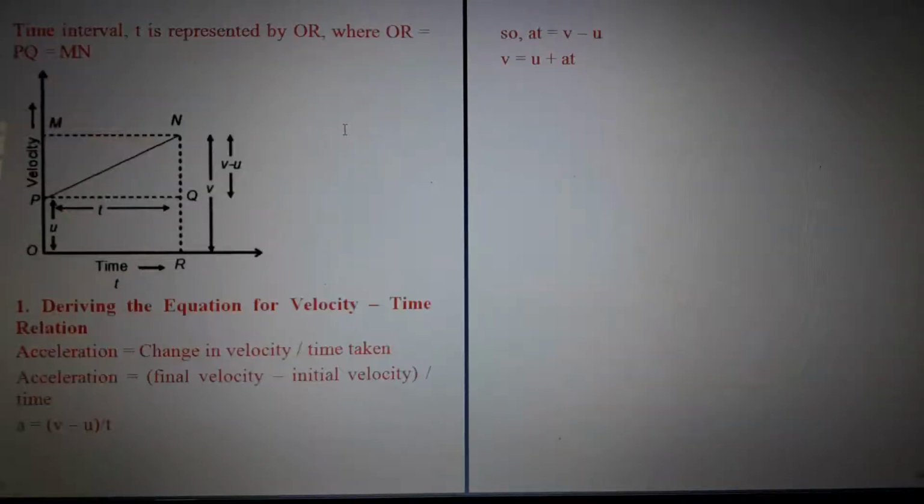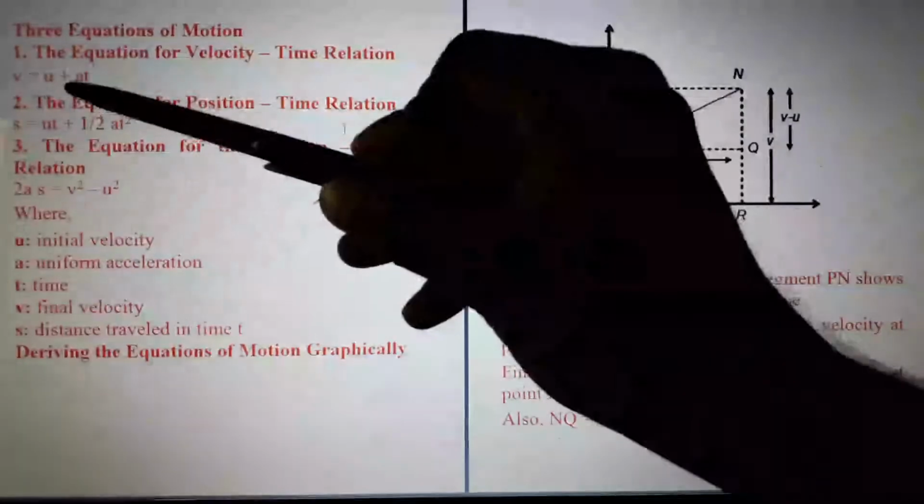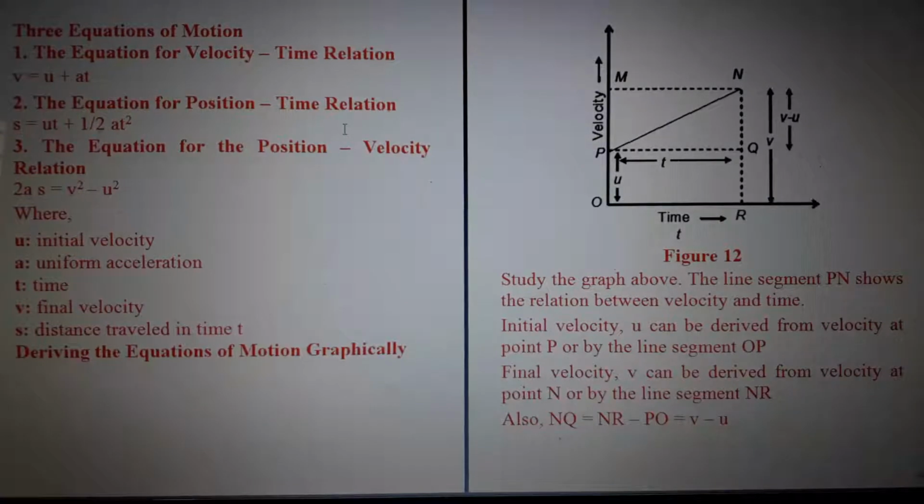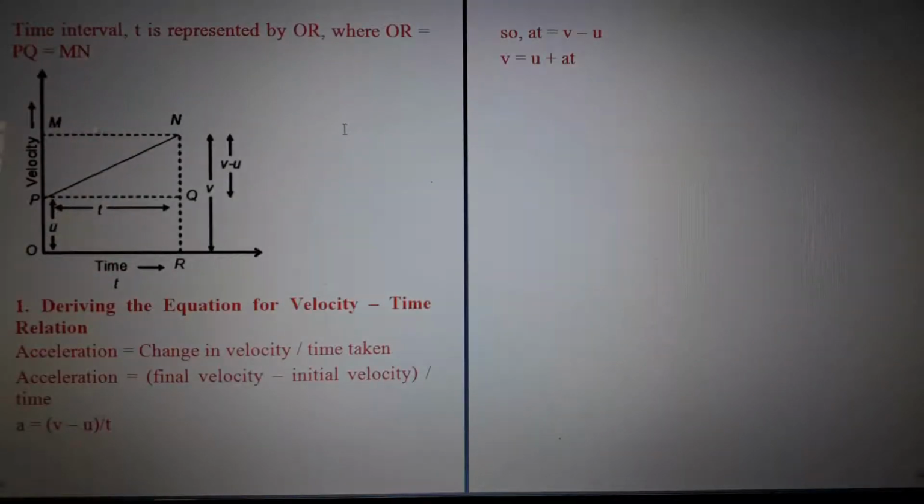Next, now we need to derive the equations. So the first deriving equation is for velocity and time. If we get V, if we get U, and if we have T, easily we can calculate acceleration, isn't it? V is equal to U plus AT, that's the equation we need to derive in the first part. If we have these values of initial velocity, final velocity and time, easily we can derive the first equation, which is the equation for acceleration. So we know what acceleration is?